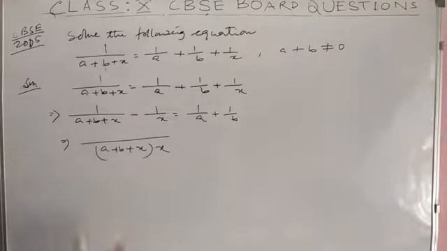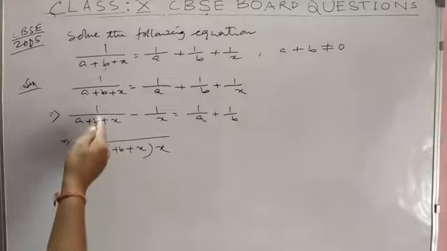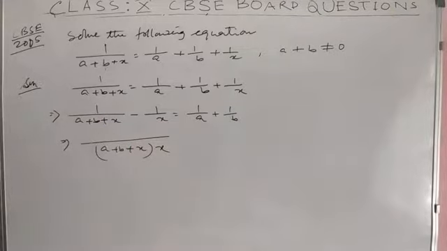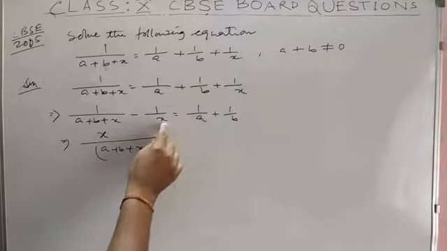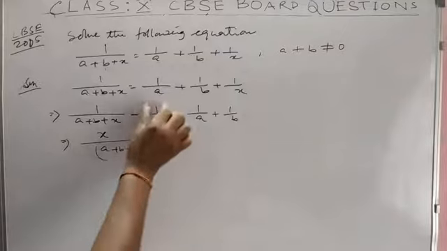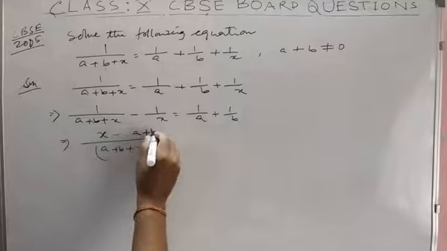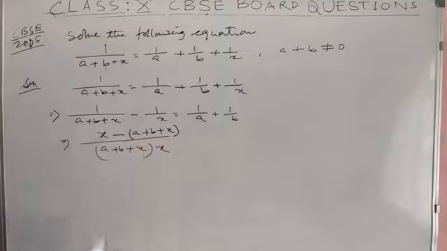Now the method is what? We divide this LCM by this. Definitely this and this will cancel, and x will remain with us. So you have to multiply x with this numerator, so definitely we will get x. Again we divide the LCM by this, then this and this will cancel, and this will remain. This we have to multiply with 1, then we get a plus b plus x. Then we should put a bracket because there is minus.